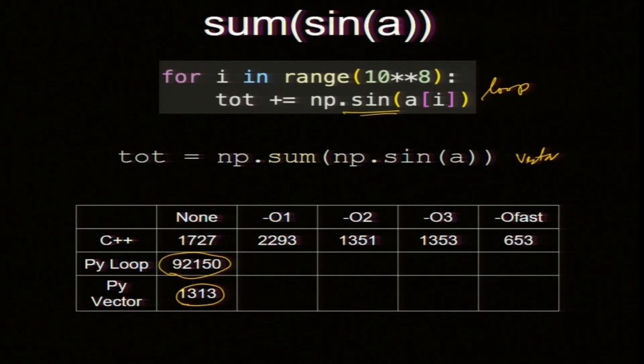Okay. So, again something like 70 to 80 times speed up we get for vectorization, and this number is larger this time compared to A star B. Why is it larger than A star B? Sine has more operations. Sine is in fact computed by series expansion. I am surprised that it can do it in roughly 3 times the time. I expected more, but it is able to do it in 1313 on a single core.